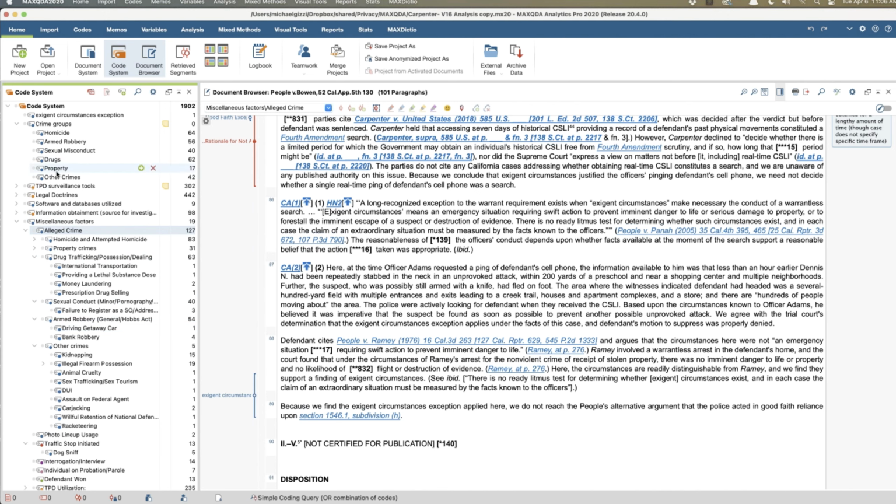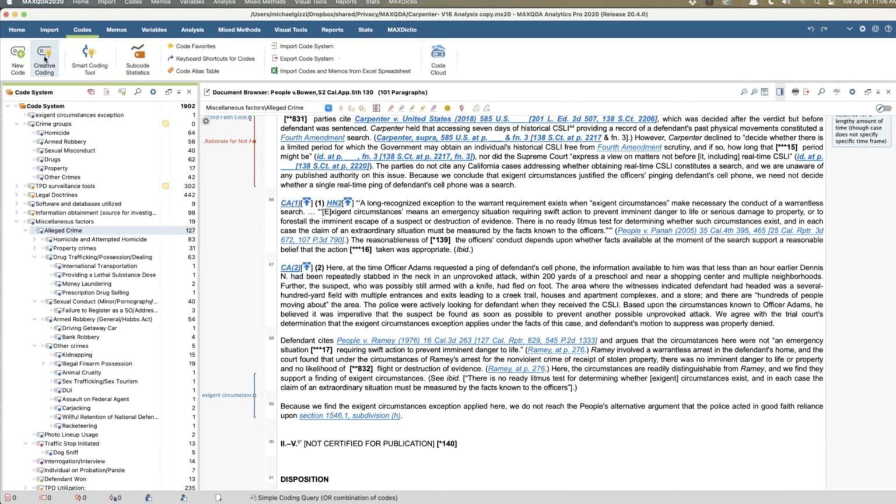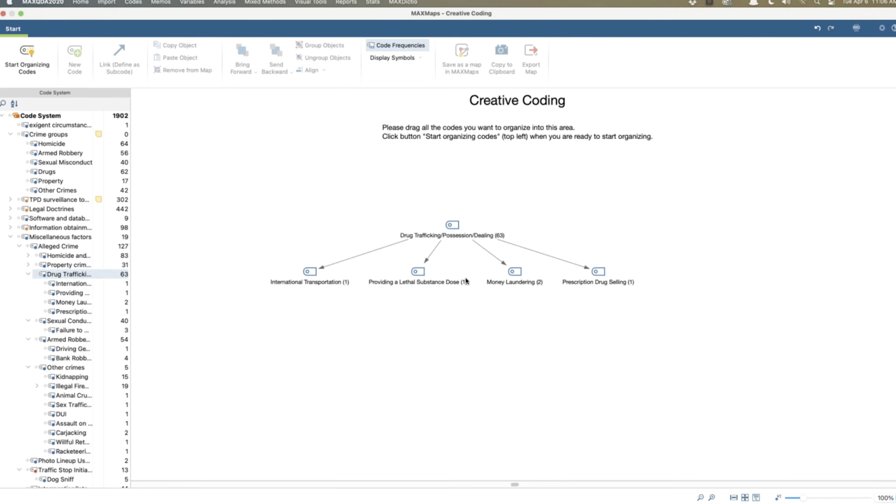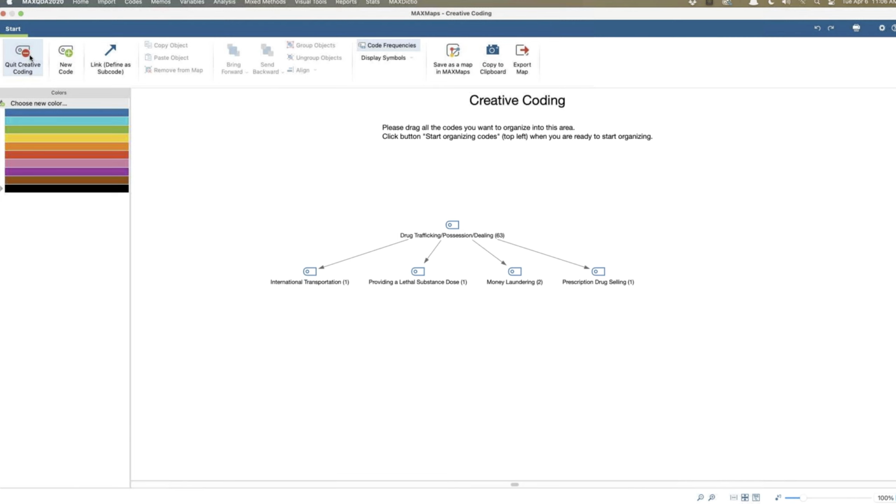Well, there's a couple of ways you can do that. One way you can do it is you can actually use the creative coding tool of all things. I'm going to drag all those cases into here, start organizing them.